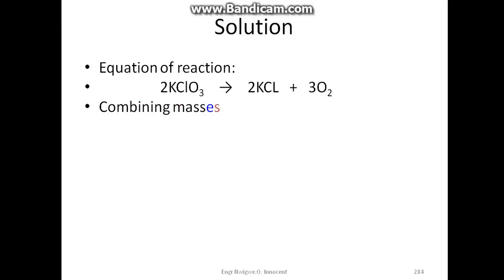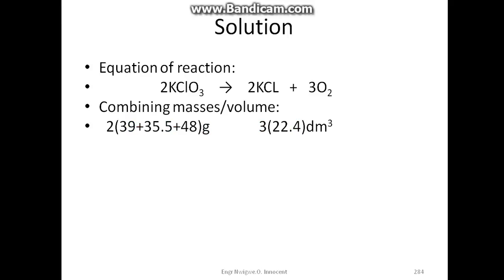Combining masses and volumes: 2 times 39 grams of potassium plus 35.5 grams of chlorine plus 48 grams of oxygen, that is 16 times 3,